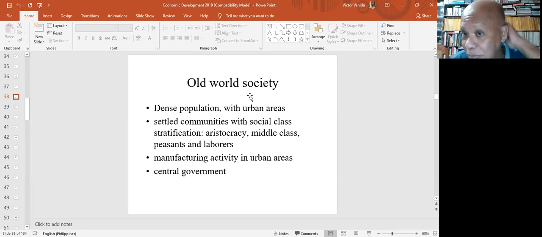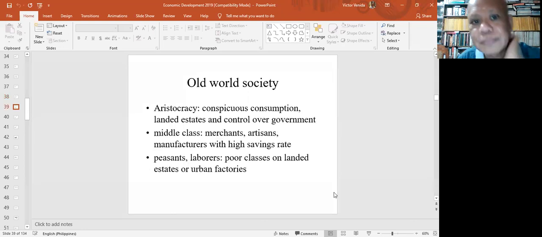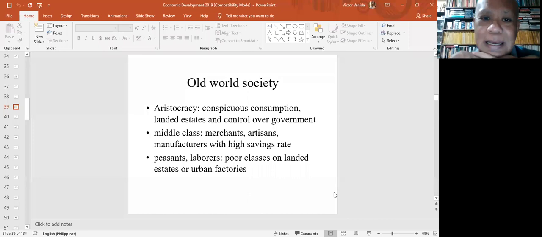In contrast, in Europe, you do have national governance in place. Now, when you look at the different social classes, the aristocracy owned landed estates, and they're the ones that maintain control over government. They're able to get taxes collected, and clearly, since they're the ones running government, they don't tax themselves. They tax other sectors of society, which I will show to you why they were taxing the middle classes,